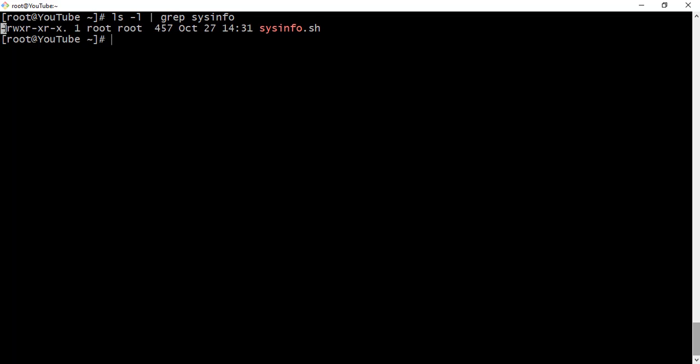The first three, rwx, is for the user, which is this, that's the root. What this r means is read, w means write, and x means executable. That is, this user here, which is the root, can read this file, can write into this file, and can execute this file. While the group